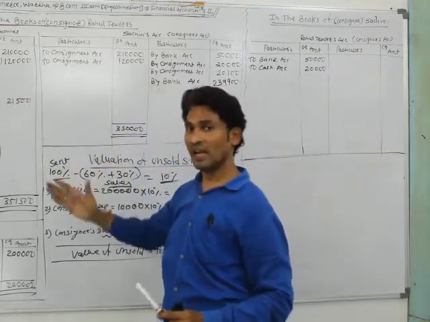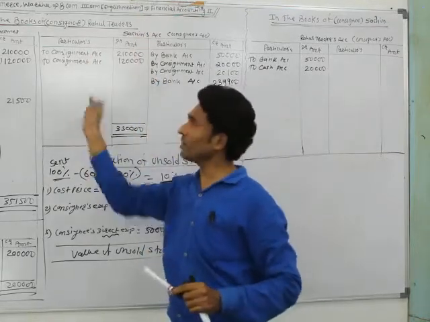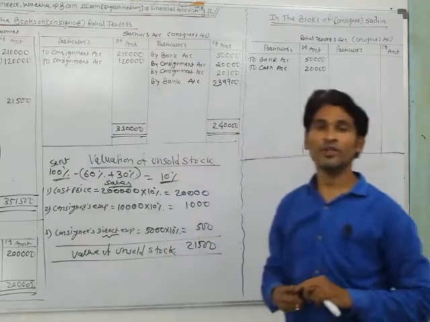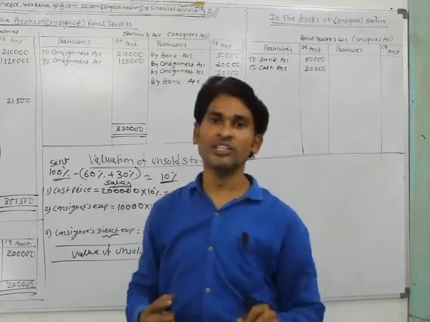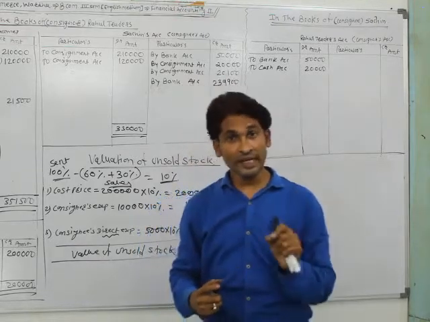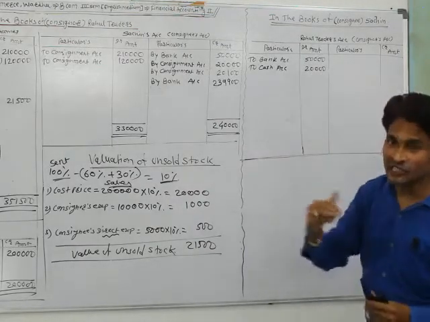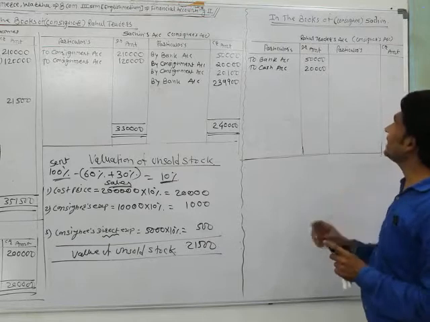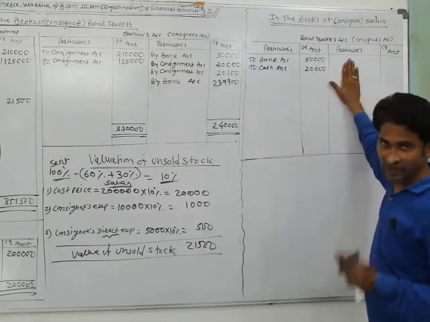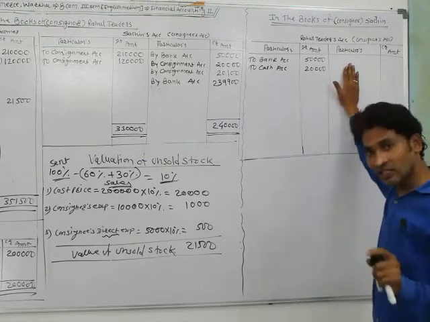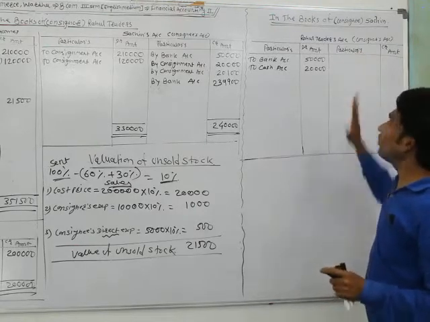When the consignee sold the goods on cash, the journal entry is cash account debit or bank account debit and consignor's account credit. But besides the consignee passing a journal entry, the consignor also passes a journal entry for this transaction: consignee's account debit and consignment account credit. For cash sales as well as credit sales, this entry is passed by the consignor for the sale. But now they have a difference, because the entry is passed at a different time.